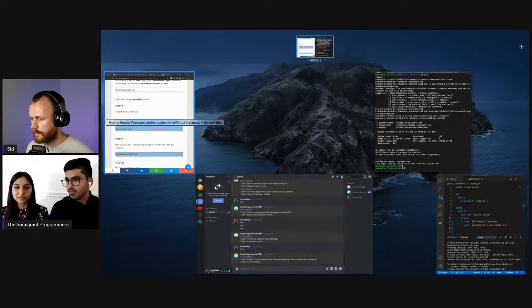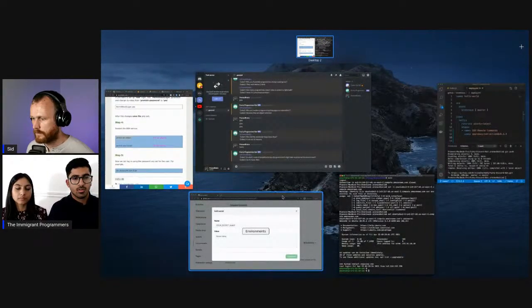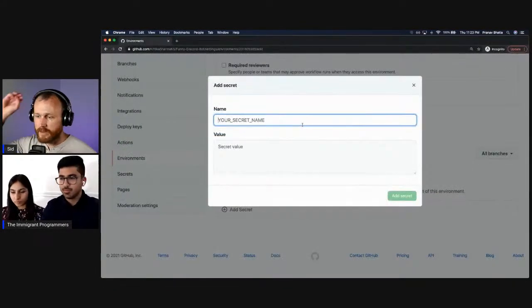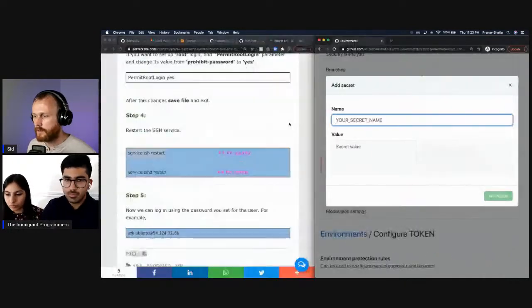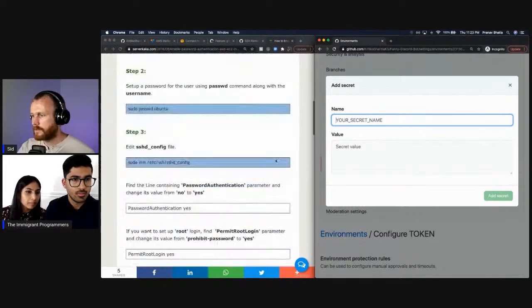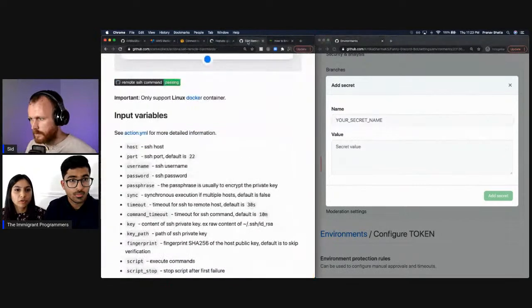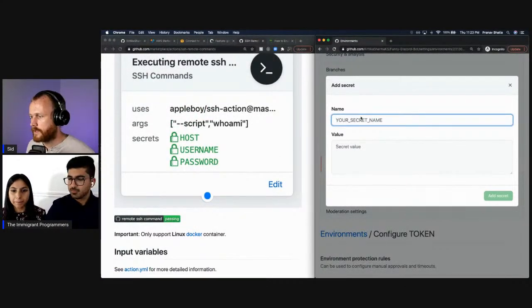Okay. So we have the GitHub repo over here. And so there were 3 things that it was asking for in that action. So go and close that host tab. Close that tab and go to the one next to it. SSH remote. Yeah, exactly. So host, username, and password. So we'll name one host,